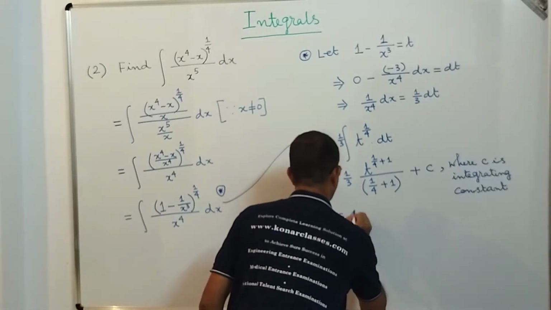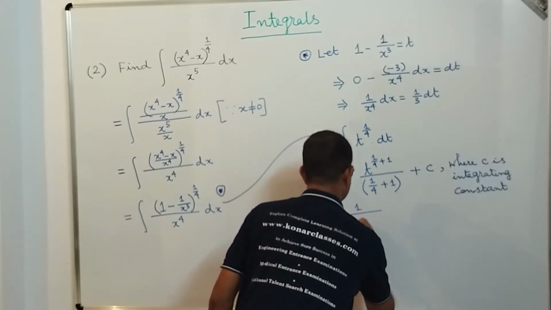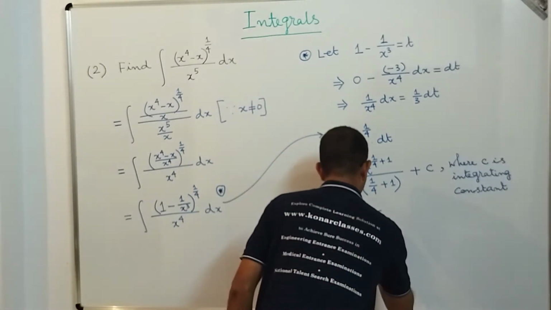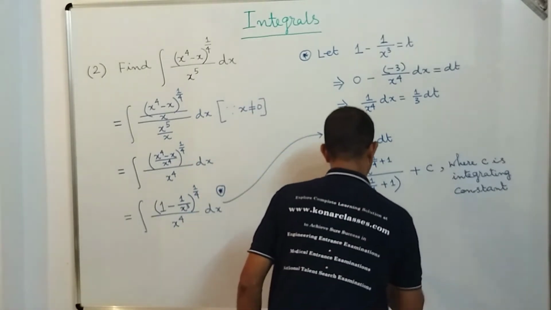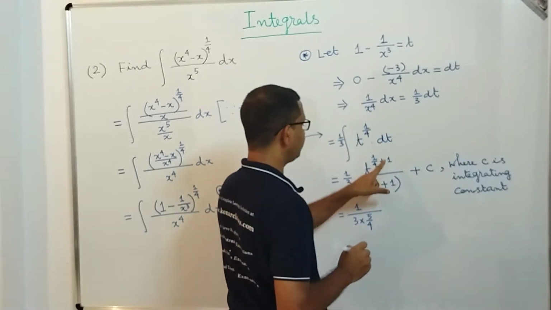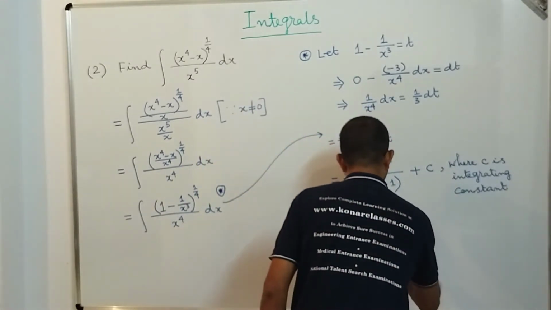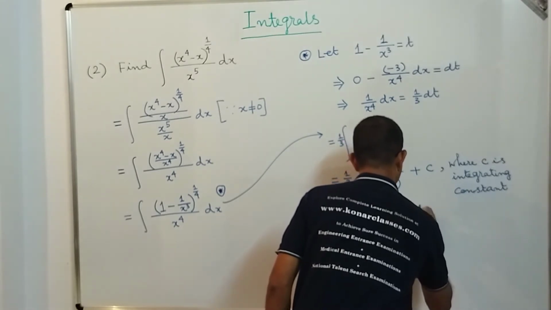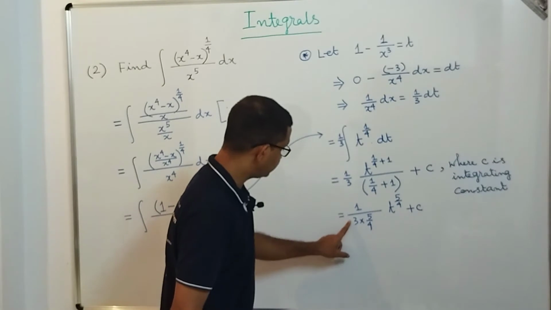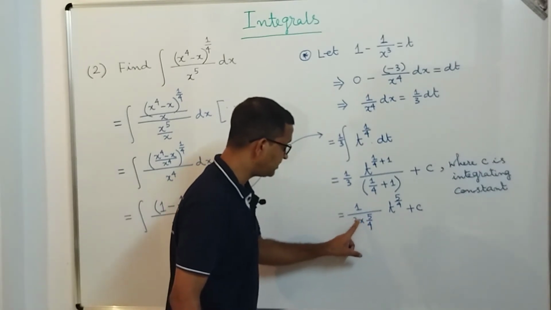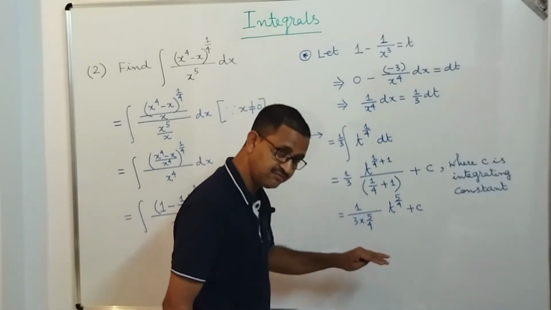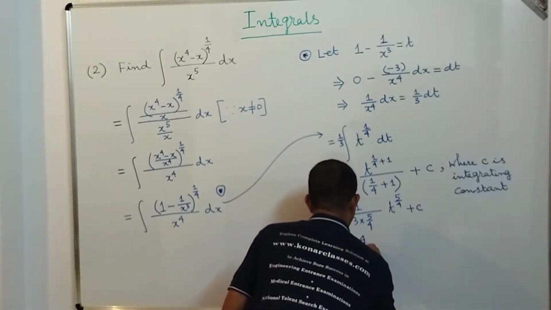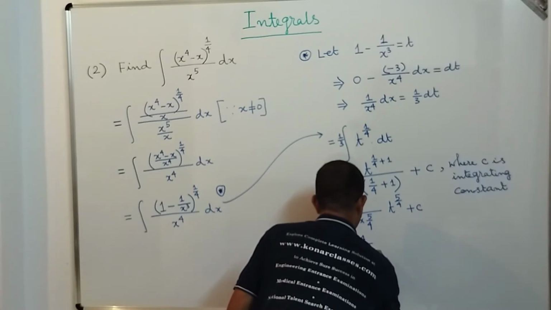So this is equal to 1 by 3 into 1 plus 1 by 4, that is equal to 5 by 4, correct? And t to the power 1 by 4 plus 1 means t to the power 5 by 4. So it is t to the power 5 by 4 plus c. Now this 3 into 5 by 4 means 15 by 4. So 1 by 15 by 4 means 4 by 15. So that is equal to 4 by 15 into t.